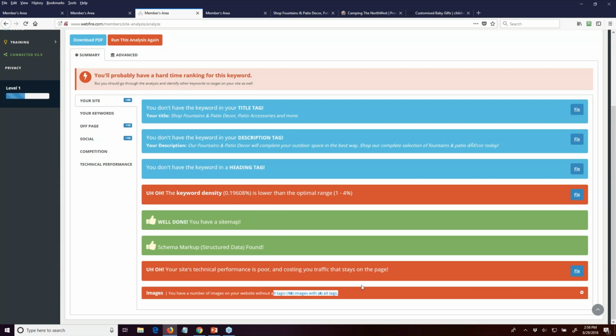Images on your website without alt tags: you've got 16 images, 4 alt tags. You need to fix that because we're talking about how you can get those images ranked. And you just go through the analysis like we did, but you can see lots that could be done. I don't think you're going to rank real quick on page 1 of Google for patio furniture anyway, but whatever your focus is, you want to be targeted to those things, because you look at who's ranked for